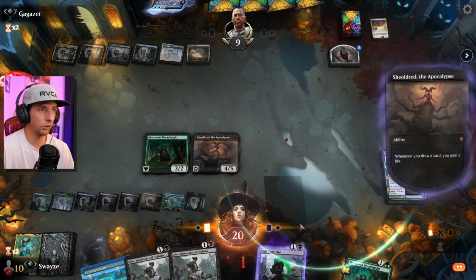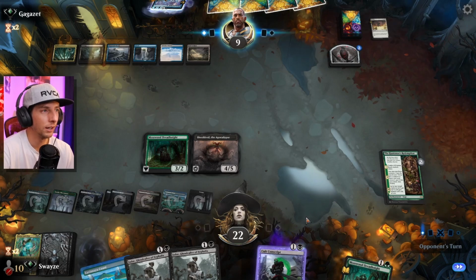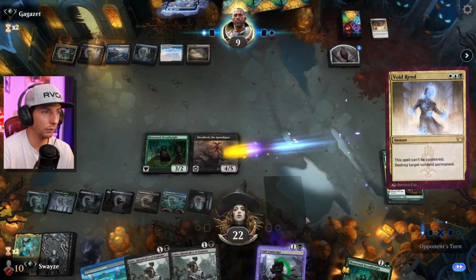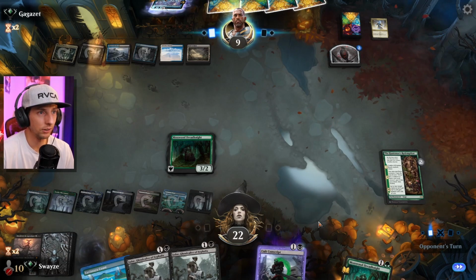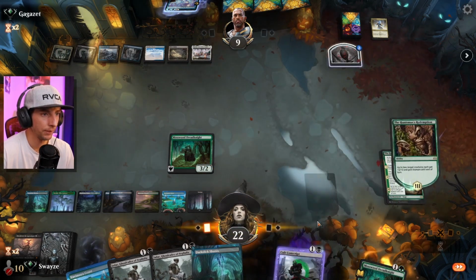All right, another Jadar here. And we ping them for 2 more damage on the draw here, but could have a kill spell ready to go. We'll see. They do. Void Rend goes onto the Shieldred here, which is good. It's a very selective type of card here. They didn't have another Shieldred's Edict. They might actually have another Edict, but...